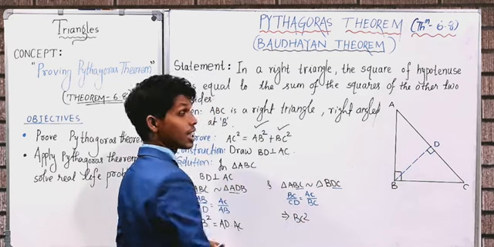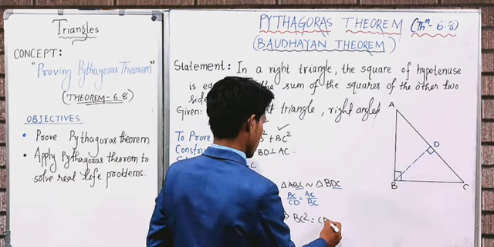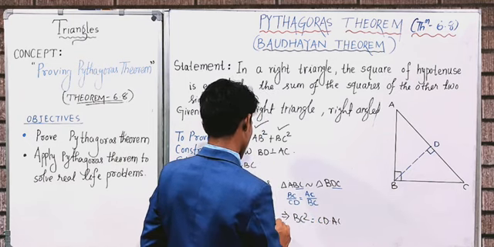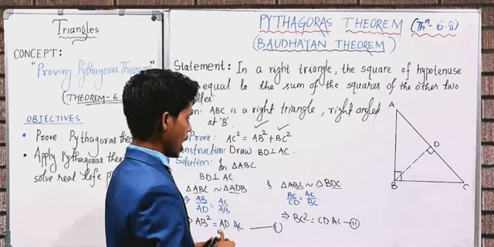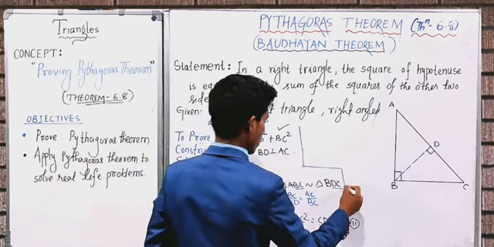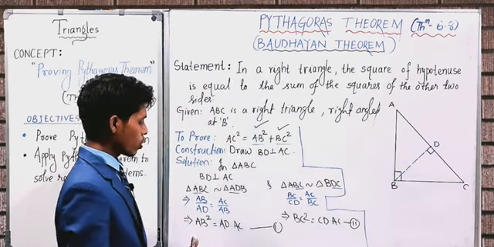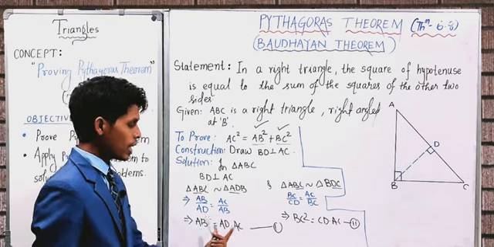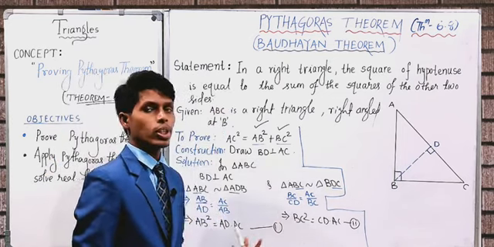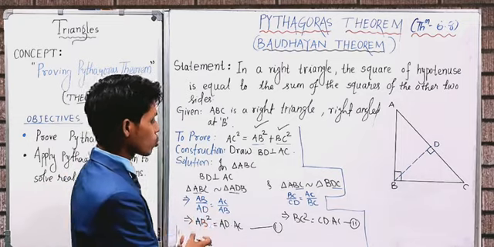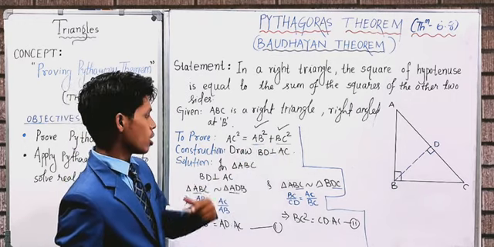See, it was needed here, will be equal to CD into AC. Okay, so this is equation 1, let this be equation 2. Now in the question we need to prove AB square plus BC square. Here we have already got AB square on the left hand side, here BC square on the left hand side. So we will just add these two equations so that we can get AB square plus BC square on one side of the equation, that is here in the proof.